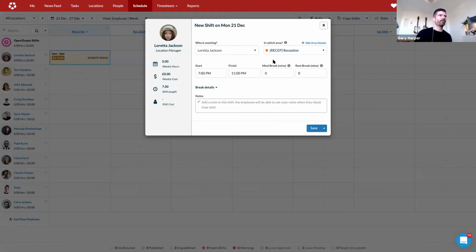Now, what I can do, and the hours are the same, is rather than just copy and paste the shift in, yes, it won't take too long in this example, but imagine you're doing it for a month, for example. On the drop down here, rather than just save it and then copy and paste, we've got more repeat options. The bottom option is pretty new, repeat for specific days. So when I click on this,